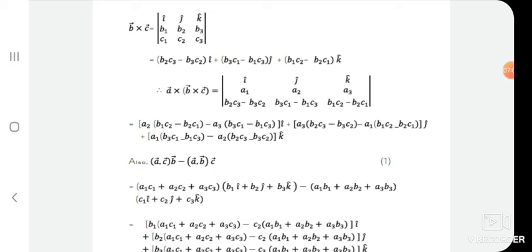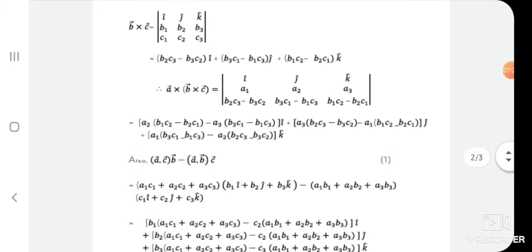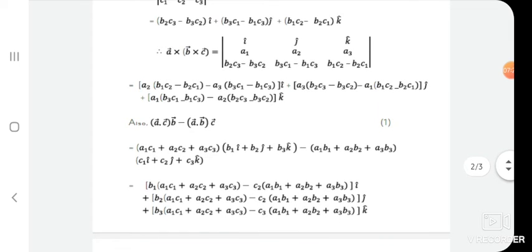into vector B. Vector B is nothing but B1 i cap plus B2 j cap plus B3 k cap, minus A dot B, which is nothing but A1 B1 plus A2 B2 plus A3 B3, into vector C, which is C1 i cap plus C2 j cap plus C3 k cap. If we multiply with vector B and vector C inside the bracket, simplify it and collect the i terms,